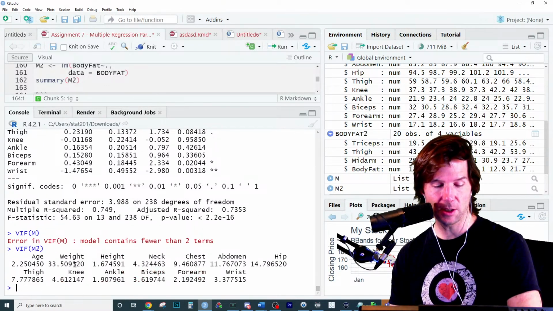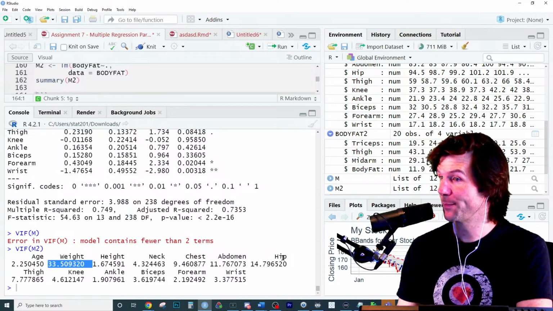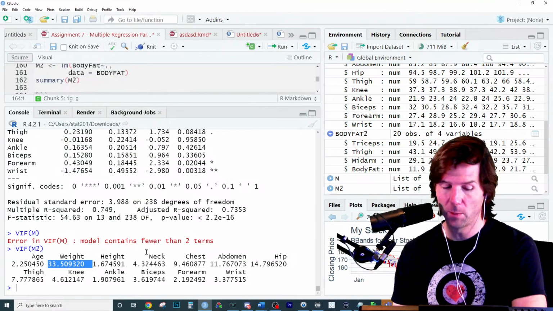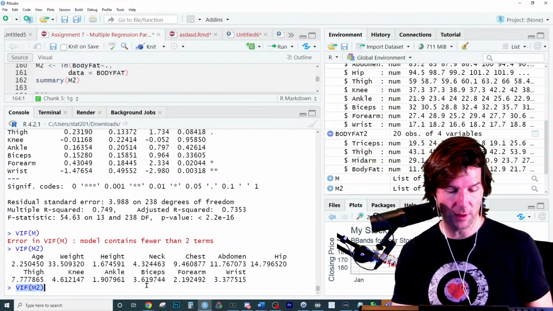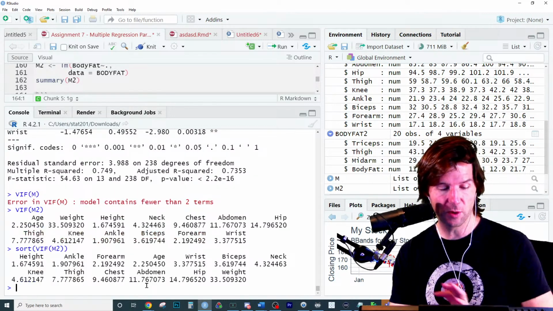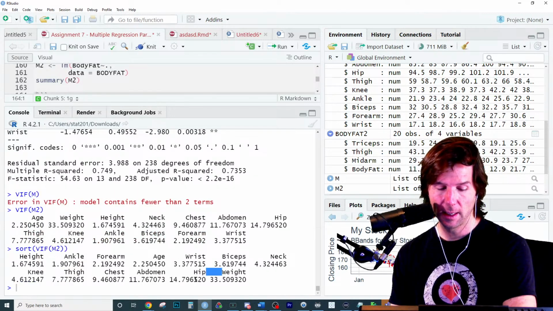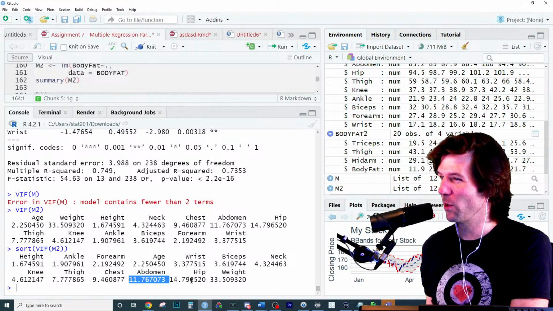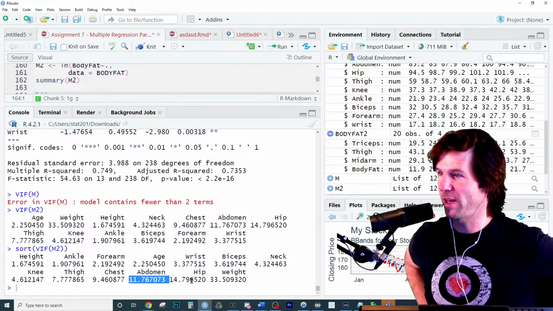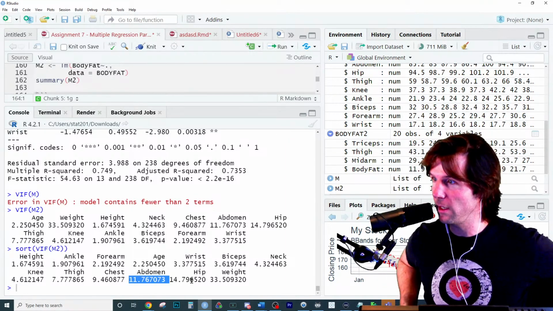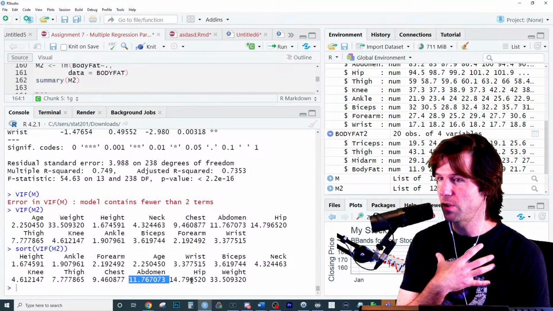Variance inflation, and actually the most redundant is weight, I think, right? And we could sort this rather. So you can sort your variance inflation to figure out which one's bringing the most redundancy. It is weight. Hips and abdomen, I mean, just think those right there are kind of similar. Your hips and your abdomen are literally next to each other in your chest. So we see a lot of stuff.